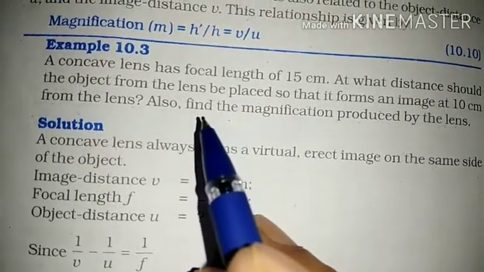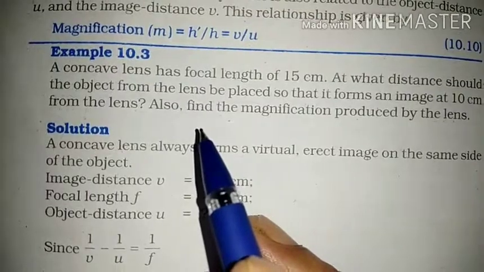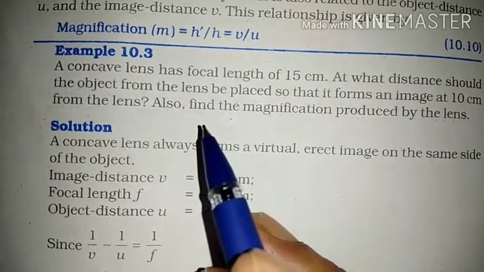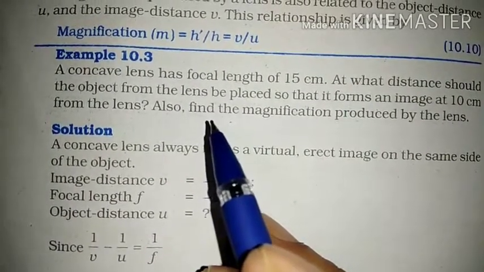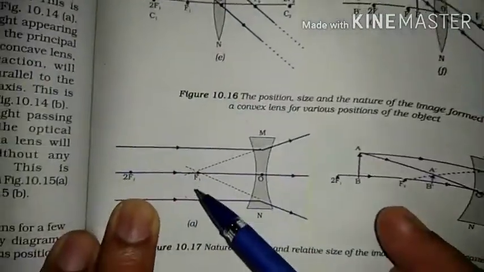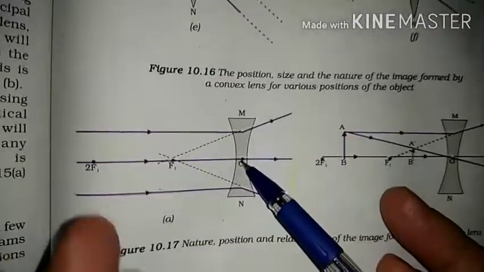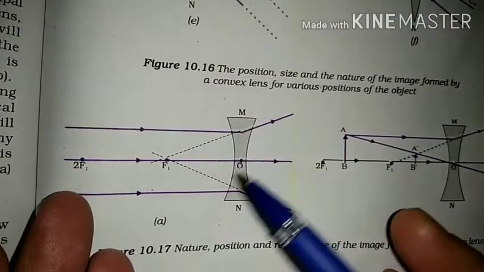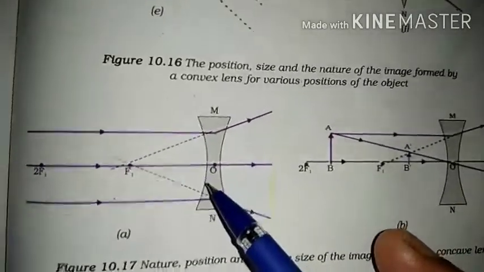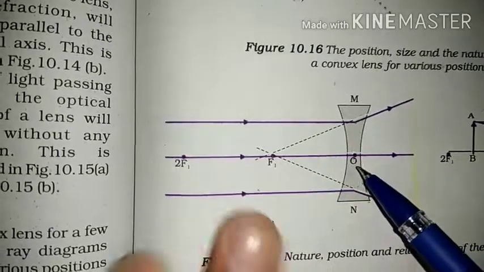And next, what were the concepts? Object distance always becomes negative. Image distance depends on the situation. Now, yesterday we had discussed image formation by concave lens. See, for concave lens, image always forms in left of optical center. For all cases, whatever be the distance of object, image will always form left of, that is in front of